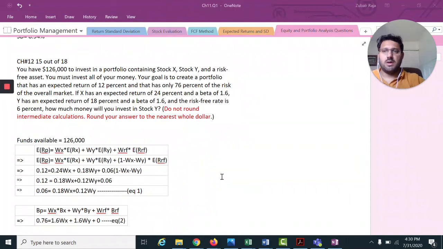Hello students, look at this question. In this question, the data is given that you have $126,000 which you can invest in two stocks, stock X and stock Y, and a risk-free asset. And also the other thing given is that the target return of the portfolio should be 12%,